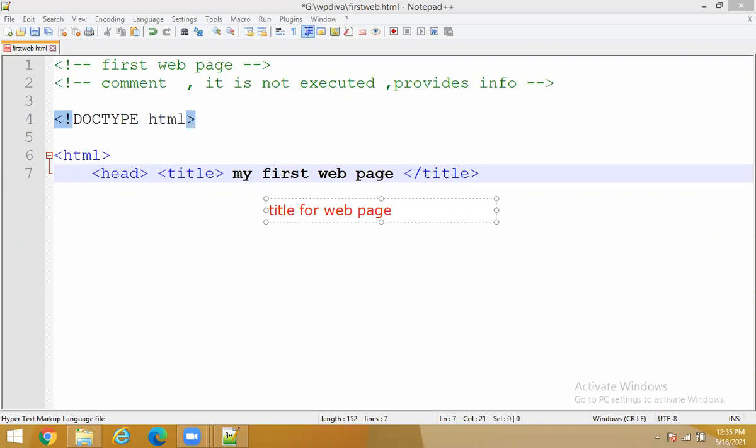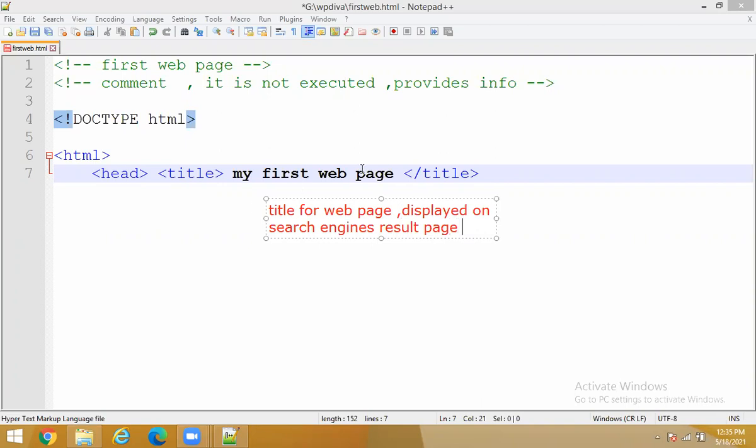And it is displayed on all the search engine result pages.